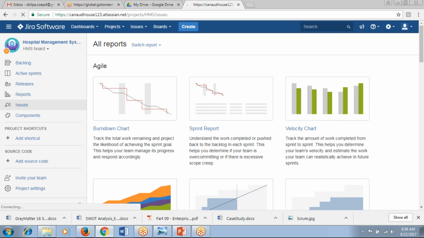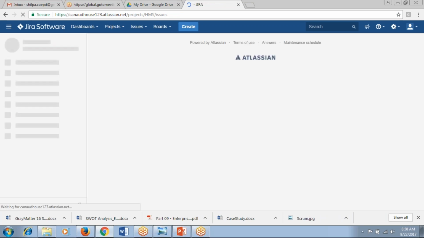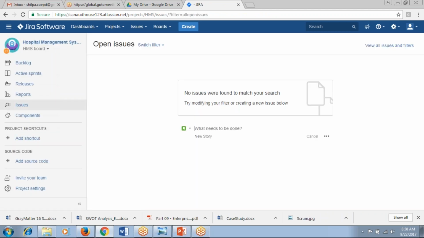Then you will see the issues. Right now we don't have any issues. So these are the components that are there in the Jira software. If you are going towards backlog,